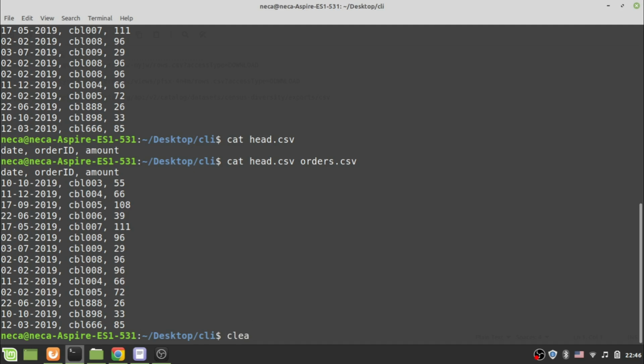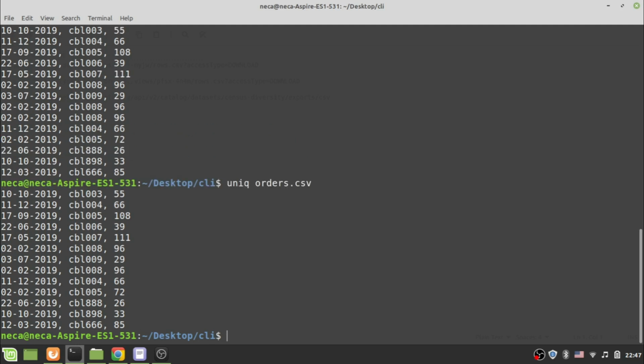Let's again clear. Now I would like to show you the uniq command. This command basically will show you how many duplicate rows or how many distinct rows you can have inside your working directory. So let's type uniq, and then the name of the file is orders.csv, and then press enter. You can see some unique rows, but I would like firstly to show you